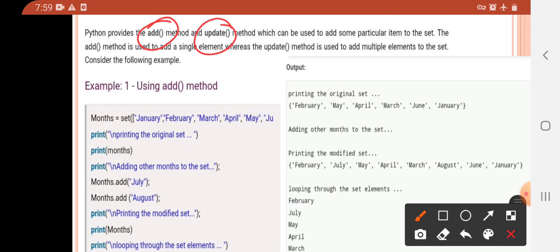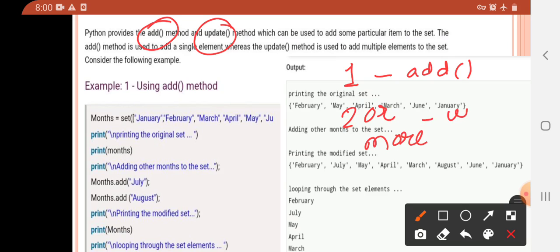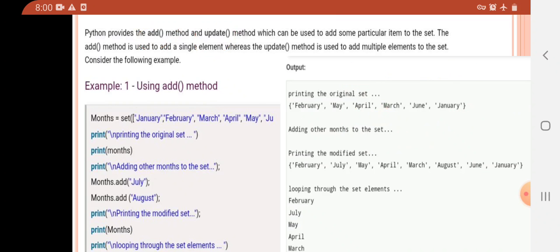So if you want to add a single element, you have to use the add function, and if you want to add multiple, meaning two or more elements, you have to use the update method. This is the difference between the add function and the update function in Python for set operations.